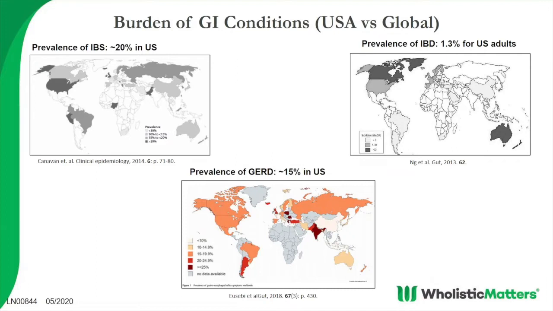While IBD is less frequent on a total perspective, with only about 1.3% of total adults in the U.S. having it, it's also showing up at much greater rates in these more developed countries. So you can see here, Canada and Australia having particularly high rates, as well as Western Europe. Now, GERD is spaced out a little bit more, but it still does have this pretty large increased prevalence in a lot of these developed nations.